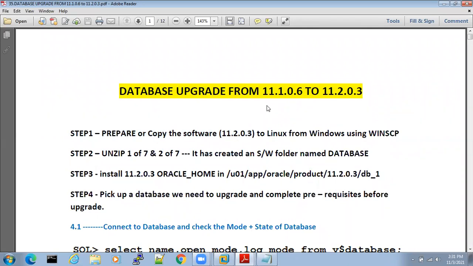Which software? The 11.1.0.6 software is already there. Now which software do we have to copy? We have to copy the new software, the version to which you want to upgrade the database. I want to upgrade the database to 11.2.0.3. So copy the 11.2.0.3 software to Linux from Windows using WinSCP.